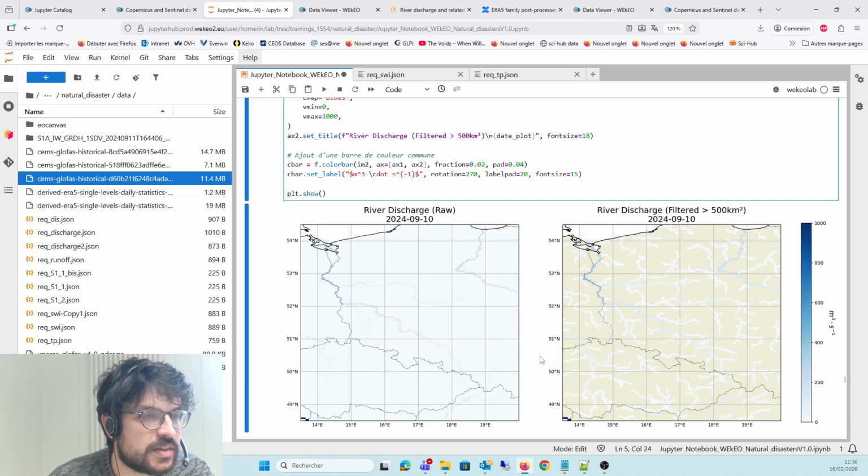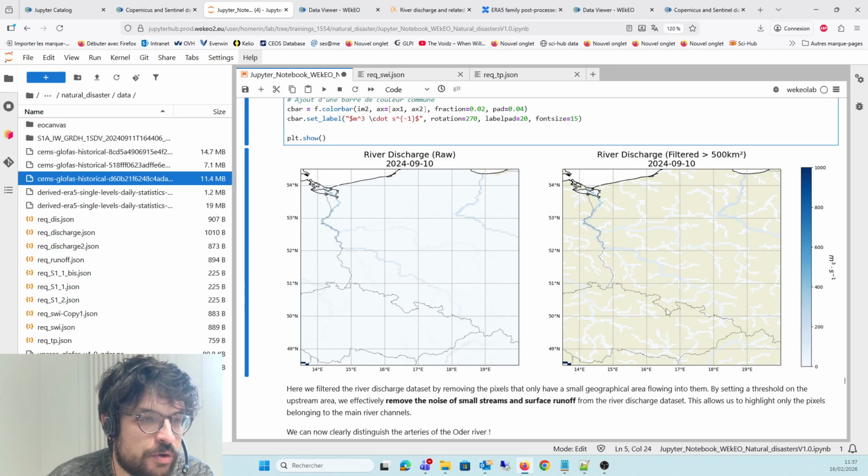But if we keep pixels that have 500 square kilometers contributing to their water content, we get some more arteries appearing here. This really highlights how the river network is built in this area. This is Czechia and Poland here, and the Oder River.